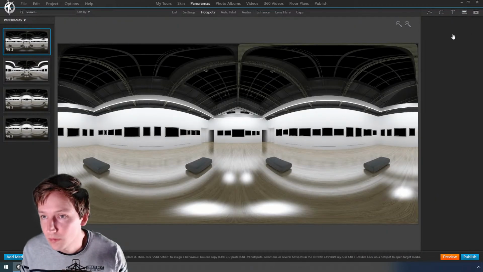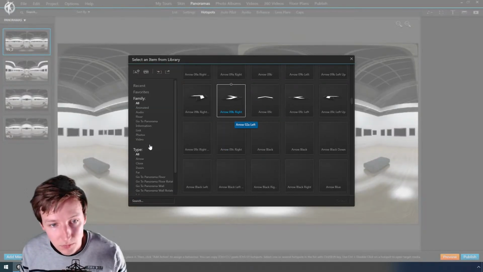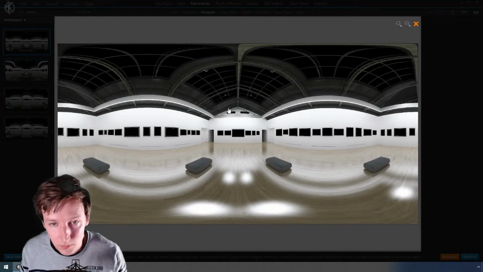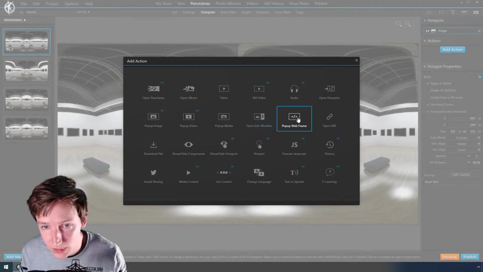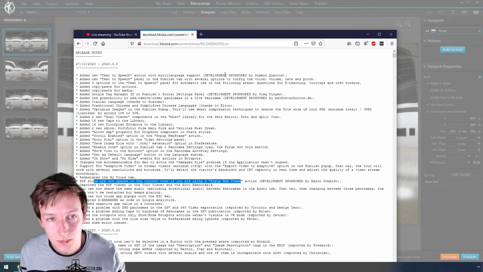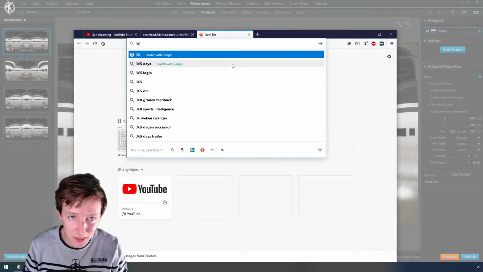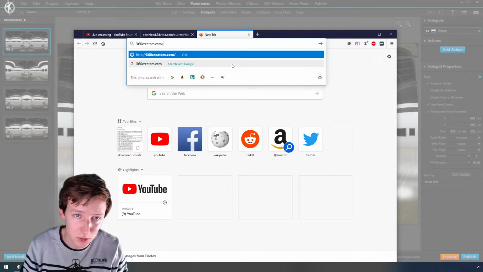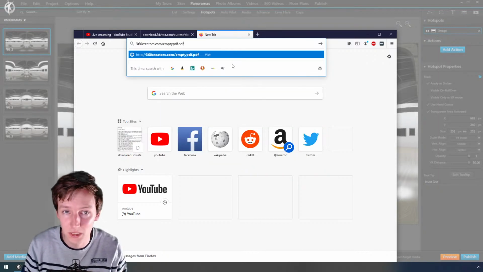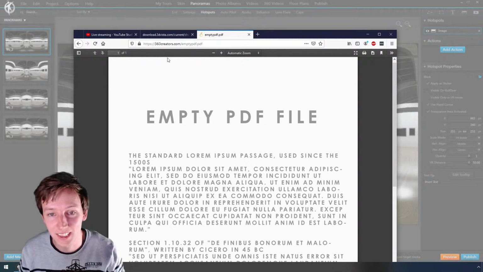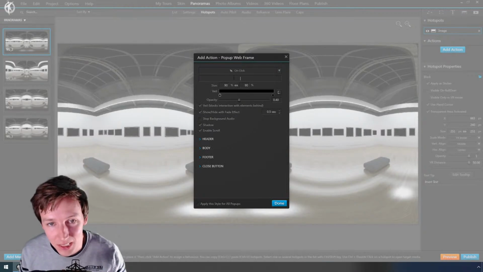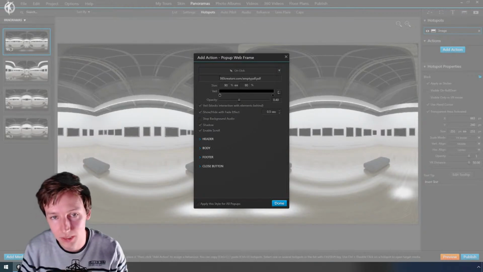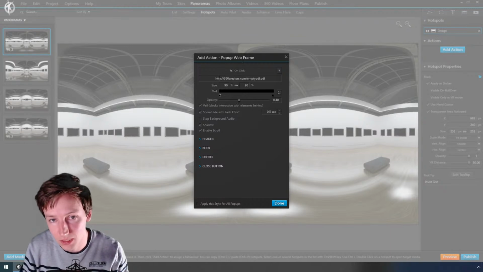Hotspots. Add action, Popup Web Frame, and I had something like 360creators.com/empty pdf.pdf. Haha, empty PDF file. The standard lorem ipsum. Blah blah blah. Cool. So on click this https://